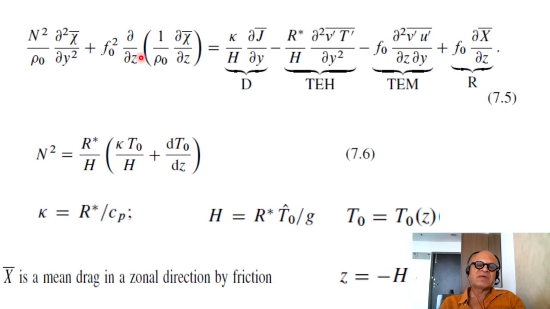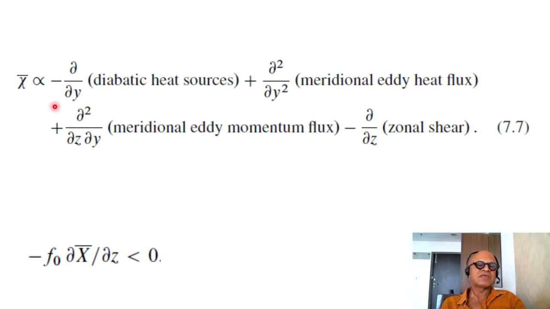So the balance of the meridional vertical circulation is accomplished by the diabatic heating term, where we looked at the rainfall distribution and talked about it, the transient eddy heat flux term, and the transient eddy momentum term. So amazingly here, the meridional circulation, the temperature transport, and the momentum transport have become coupled because of the way the atmosphere is driven by the heating. So chi bar then here is essentially a balance of the meridional gradient of the diabatic heat sources, with strong convection heating in the deep tropics,